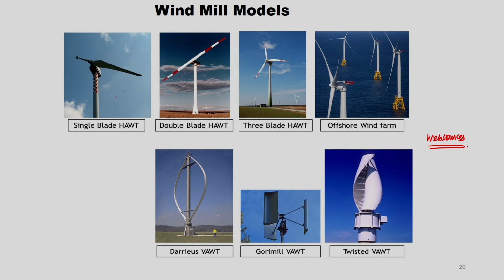Okay. So, this is a single blade horizontal axis wind turbine, this is double blade, this is a 3 blade system, and this is offshore wind farms. Wind farm is nothing but, as I discussed, right, 55 kilowatt capacity machines combined to produce 0.5 megawatt capacity. So, this is the wind farm, and this is the Darrieus vertical axis wind turbine, and this is the Gorlov vertical axis wind turbine, this is the twisted vertical axis wind turbine, and if you want to see the Savonius type, then it is something like